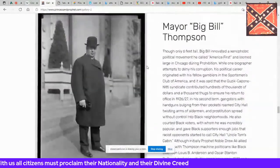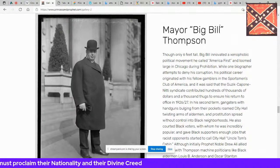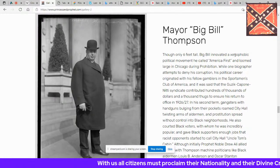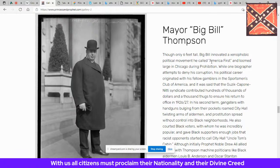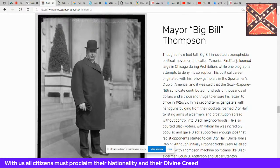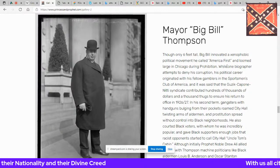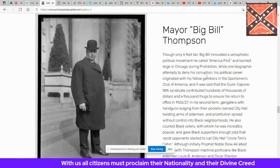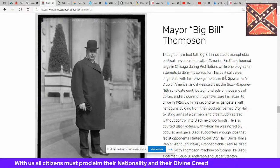All these gangsters. Mayor Big Bill Thomas, 6 foot tall Bill, attorney. Big Bill innovated a xenophobic political movement called the America First and loomed large in Chicago during Prohibition. While one biographer attempts to deny his corruption, his political career originated with his fellow gamblers in the sportsmen